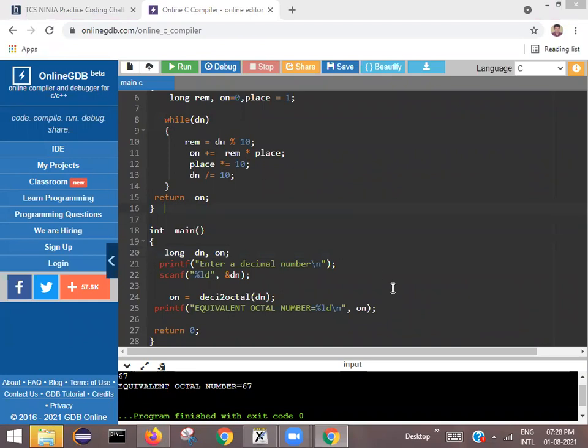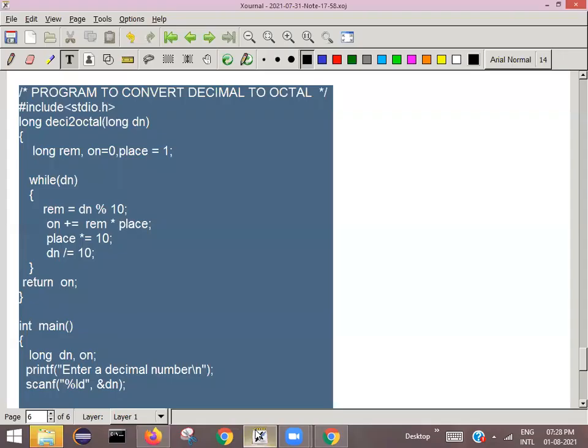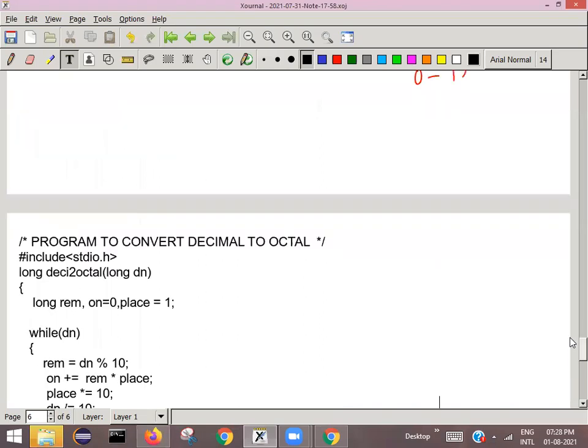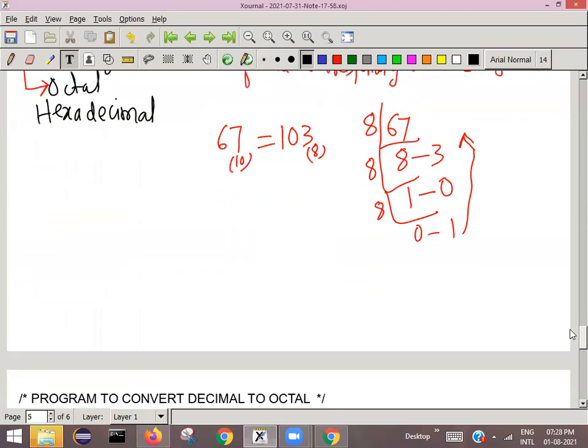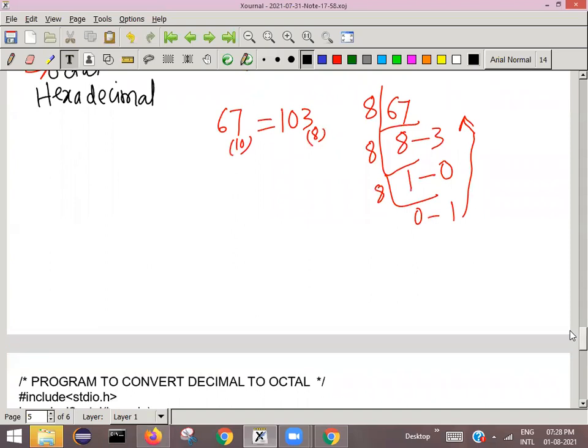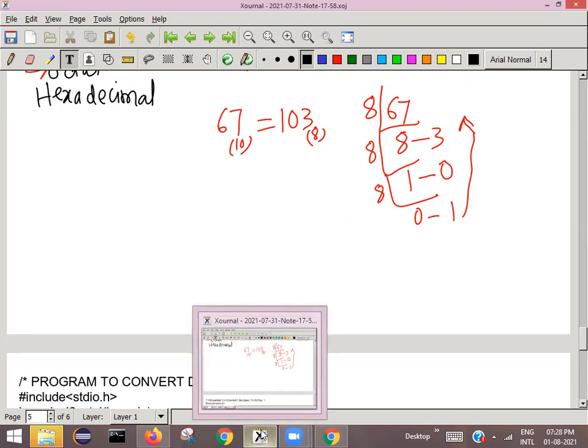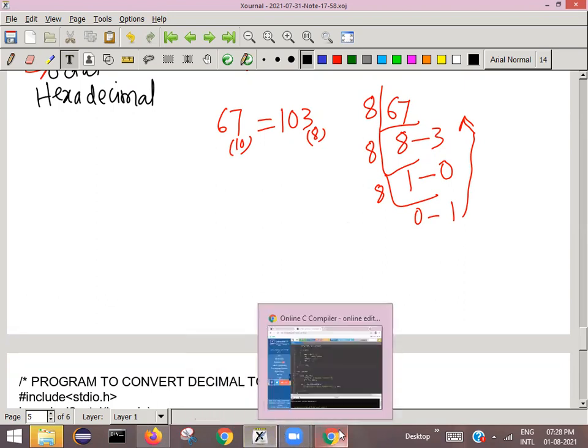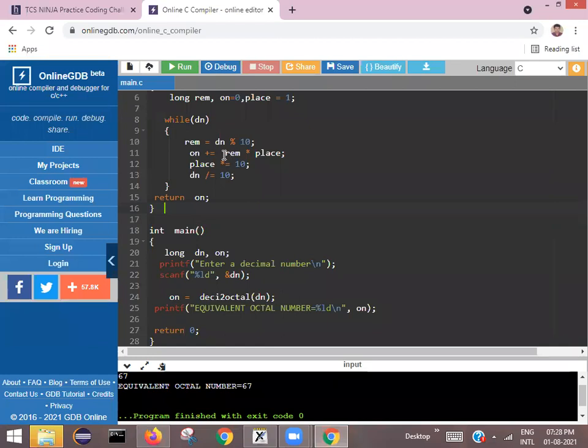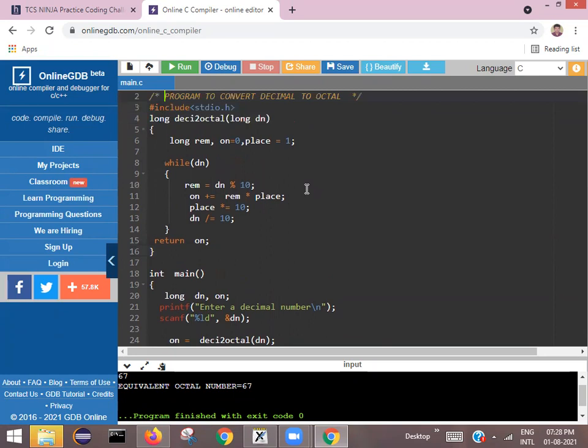What is happening in our case? Just look into our example, 67. Okay, so first, just try to analyze the code so that you can make corrections if any logic errors are there.